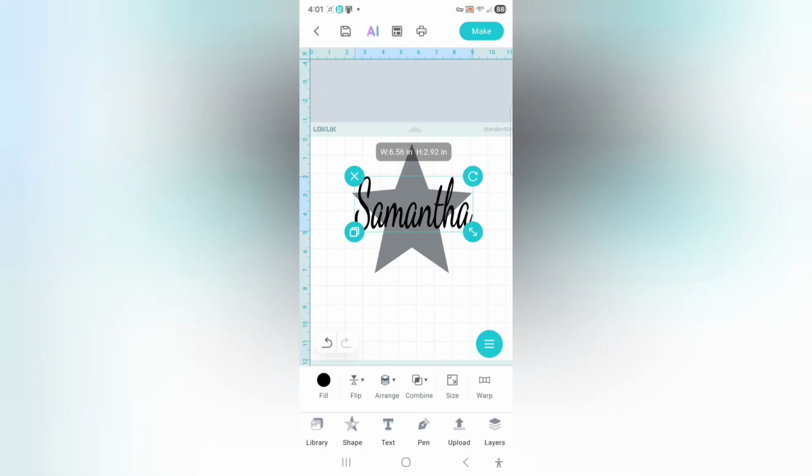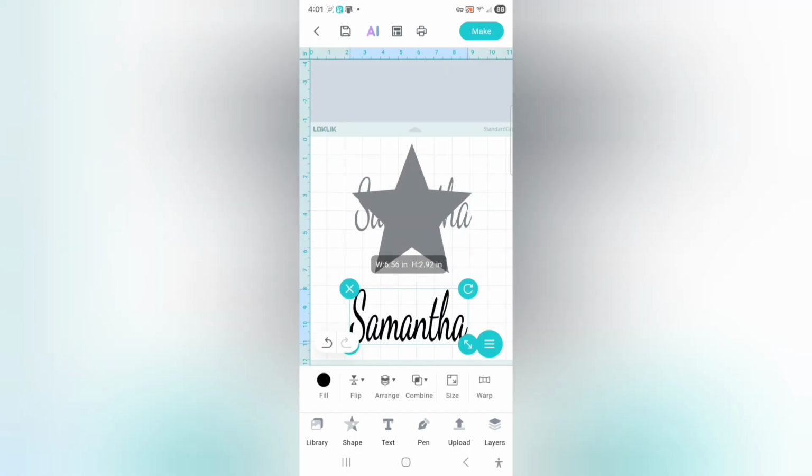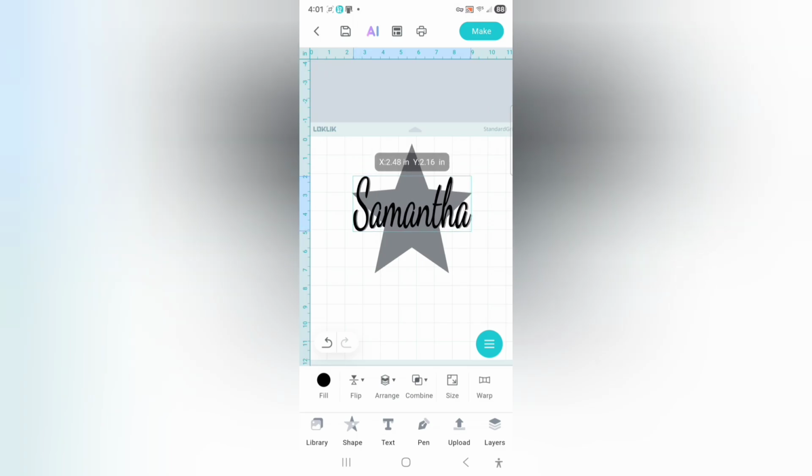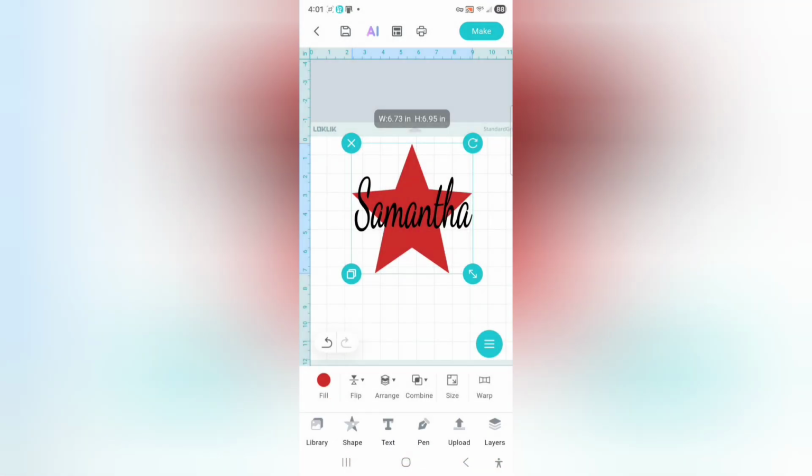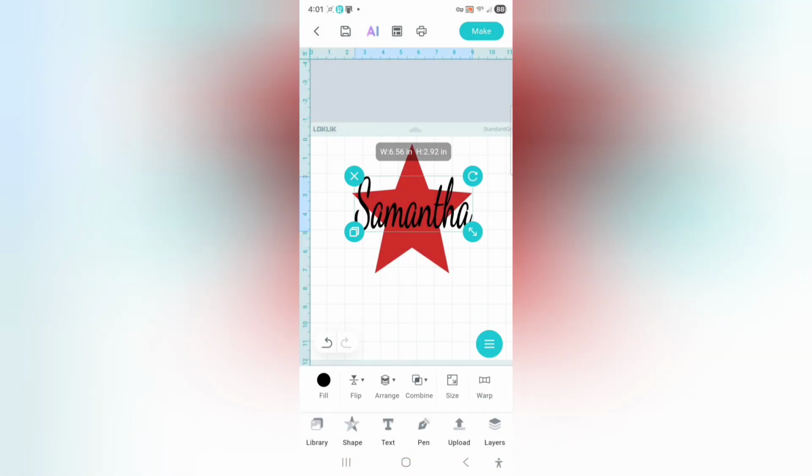So you just put that on top, and then you have a cake topper, which of course would say happy birthday instead of Samantha. Or maybe you have a cool design you want to make, a pretty star for your daughter or somebody,